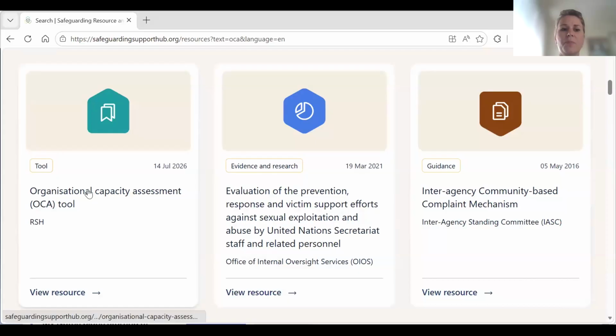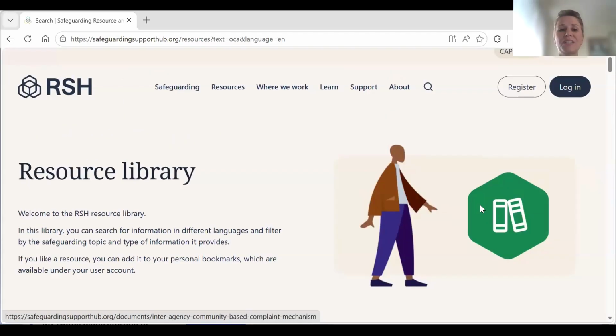Indeed, it comes out. This is the tool that's going to be presented in a minute. So again, I invite you to browse and discover our resource library. There are thousands of resources, contextual resources as well, translated to multiple languages that are available for you for free to help you in your safeguarding journey.